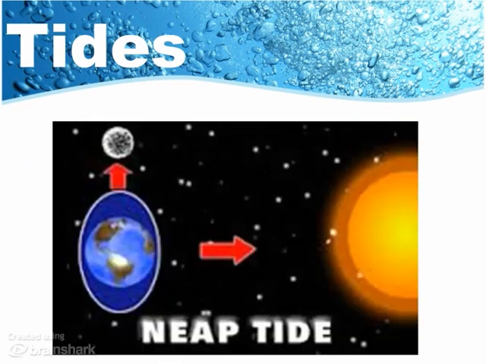Here's a neap tide. So in this alignment, we see the Earth, the Moon, and the Sun make a right angle, whereas before in our spring tide, they were all in a straight line, and so it's almost like the Sun and the Moon were ganging up on the Earth. But now it's like they're pulling in opposite directions, so it creates a weaker tidal range. So take a minute and draw this alignment in your notes.